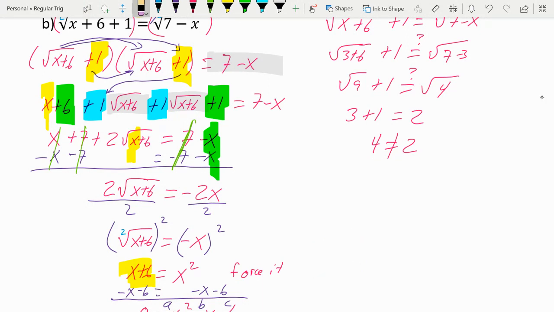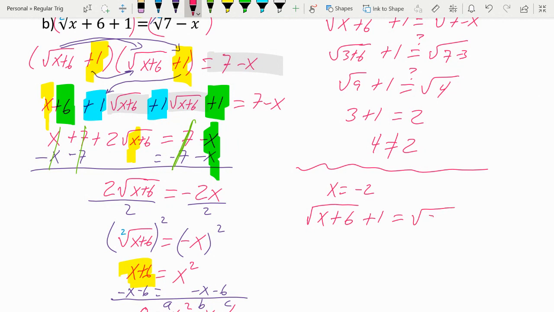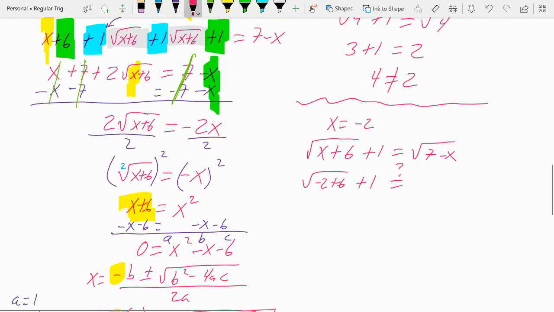Give myself a little room here. All right, let's check the next one. So what was our other answer? X equaled negative 2. All right, so we're going to check that one. So the square root of x plus 6, plus 1, is equal to the square root of 7 minus x. Now let's plug in negative 2. So I have the square root of negative 2 plus 6, plus 1. And again, I want to know, does it equal the square root of 7 minus